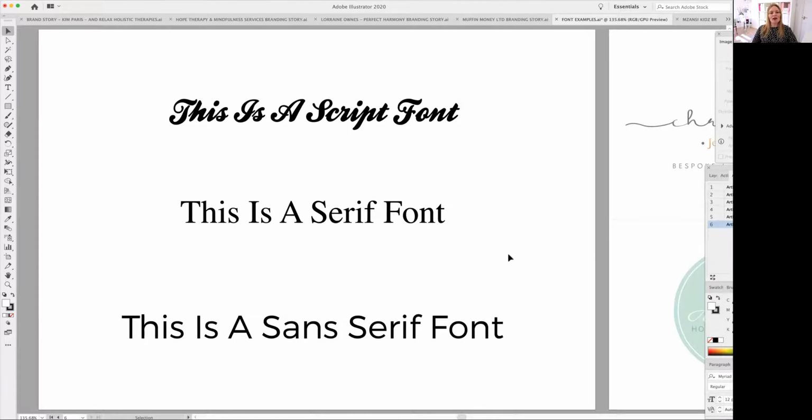And what you'll find is, say for example, this script font, it's quite heavy, it's quite ornate, there's lots going on, there's lots in that design detail. And if you paired that with this font, what you'll find is this font balances out all of these flourishes because this one's so plain. And that's what you want to do, you want to balance out,